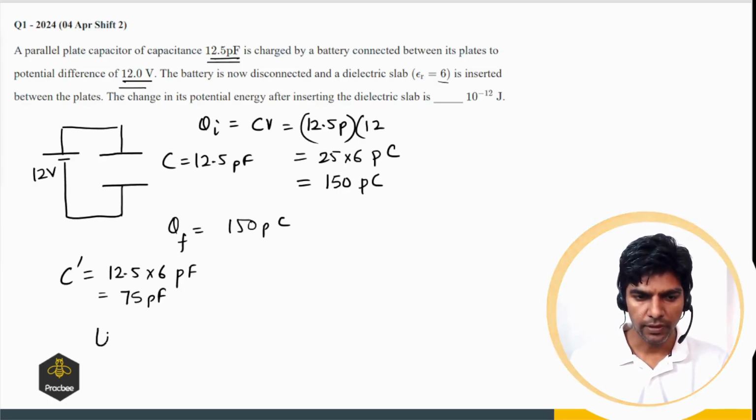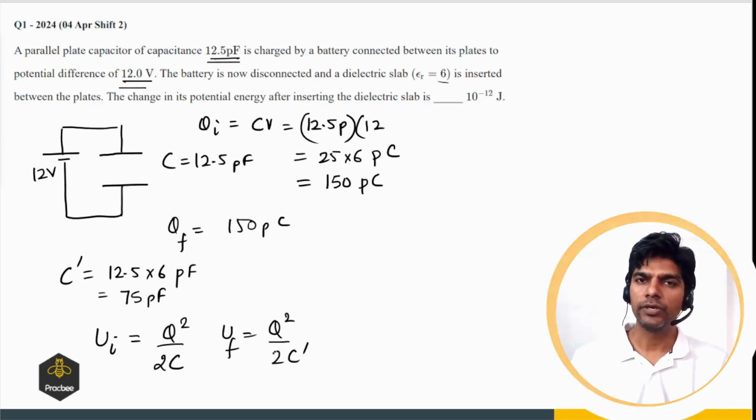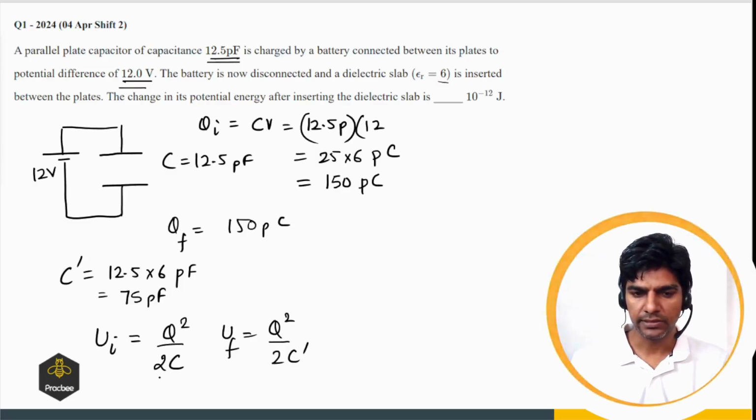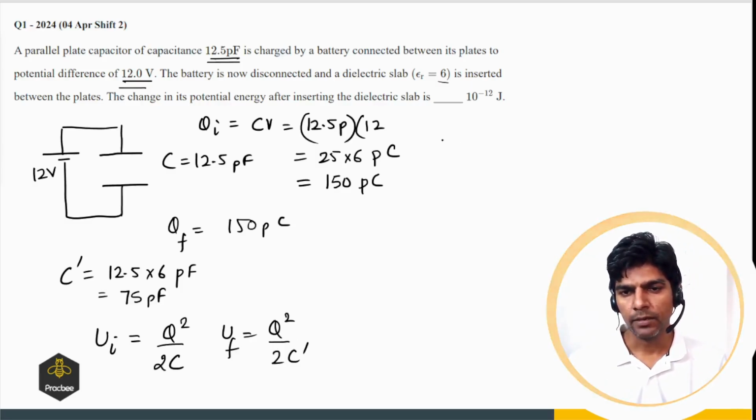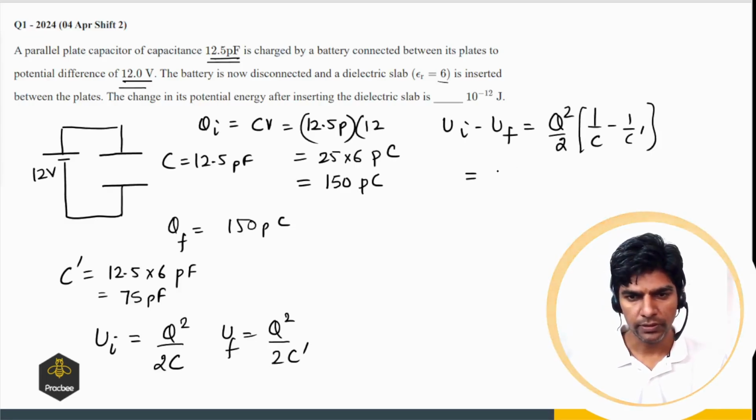So initial potential energy will be Q square divided by 2C, and the final, after inserting the dielectric, it will become Q square divided by 2C prime. So we have to take the difference. As C prime is greater than C, the energy will decrease, right? So if I do initial minus final, that comes out to be Q square by 2, 1 by C minus 1 by C prime,